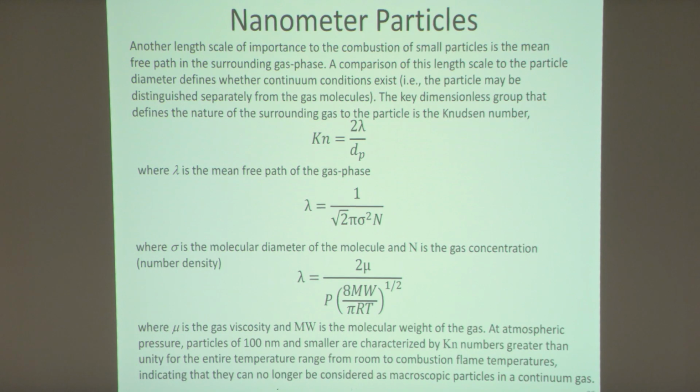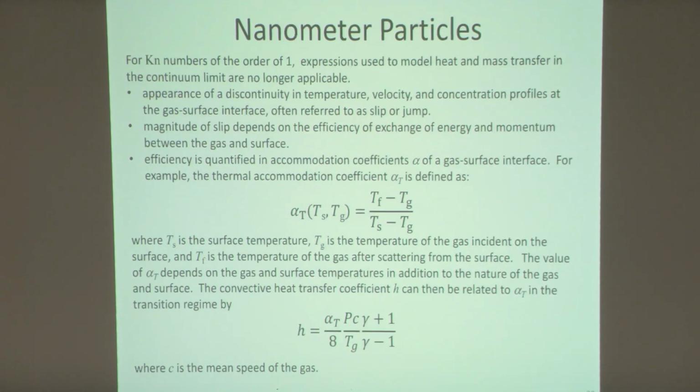If you're doing modeling of nanoparticles, many people started off in the beginning by treating them as continuum particles. But what it does is it affects the kinetic rates. It affects the energy exchange at the surface, the mass exchange at the surface, and it can be significant depending on the size of the particle and the surrounding environment. So for Knudsen numbers of the order 1, expressions used to model heat and mass transfer in the continuum limit